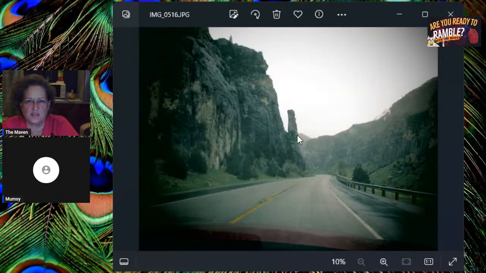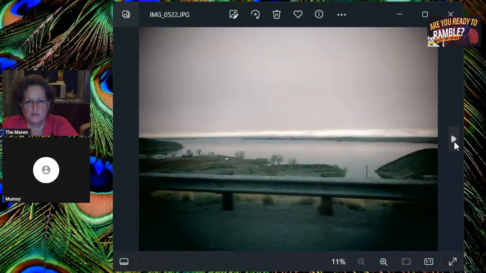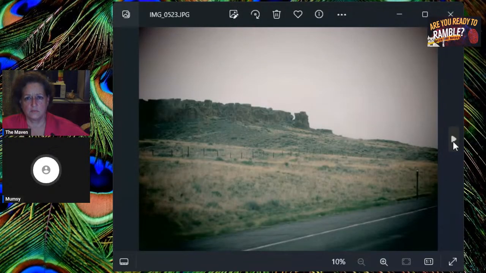That's interesting, this bit of rock. Right, up. So now have you left Cody and you're still going east now? No, you have them kind of mixed up. This was on the way to Cody. We didn't really take any pictures on the road from Cody to Gillette, because that's when the road was closed and we had to go down to Casper and then go up to Gillette.